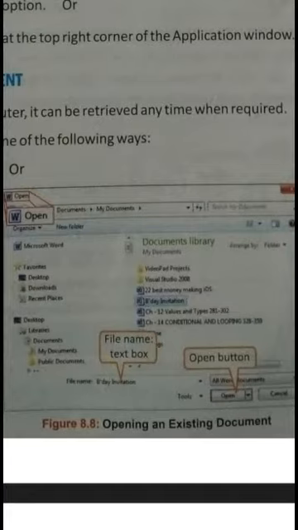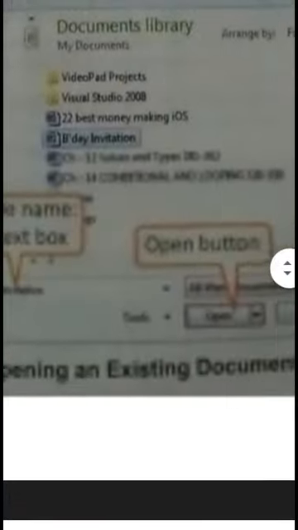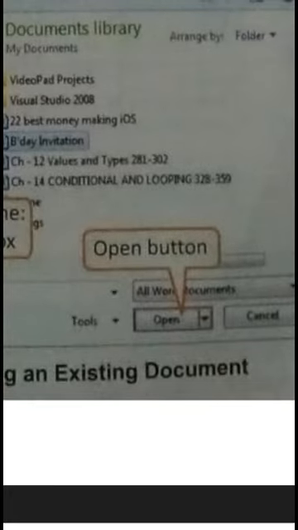Means you are working on a particular document and you want to open any other document, you have to click on the open option in the file tab. This dialog box will come to you, select the name of the document which you want to open and click on the open button. That document will come on the Word window.